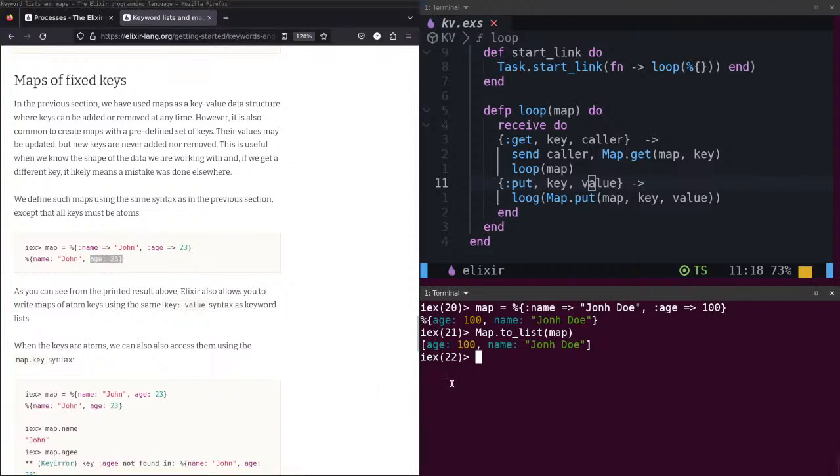Interesting, because here I pass an atom, it returns age.